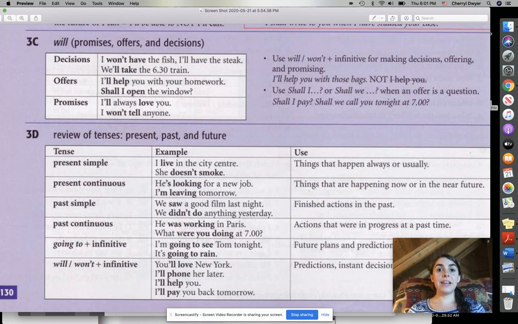All right. Now we just started learning more about the future. So we learned about going to plus an infinitive, right? So I need to move my